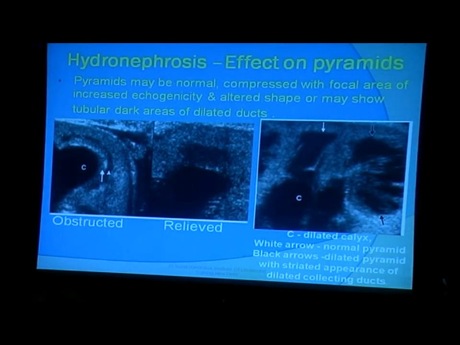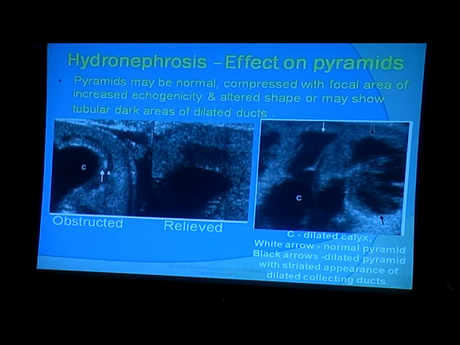Now when you look at hydronephrosis, how can it cause brightness in the pyramids? See here. This is not the pyramid, this is the calyx. I told you that pyramids are always resting over the calyx like this. So when the calyx dilates, what will happen? It will compress the pyramid. And when the pyramid gets compressed, some area which is closer to the calyx will get more compressed. So you have a big area and then you compress it, it will look brighter. So it looks like a bright, linear area.